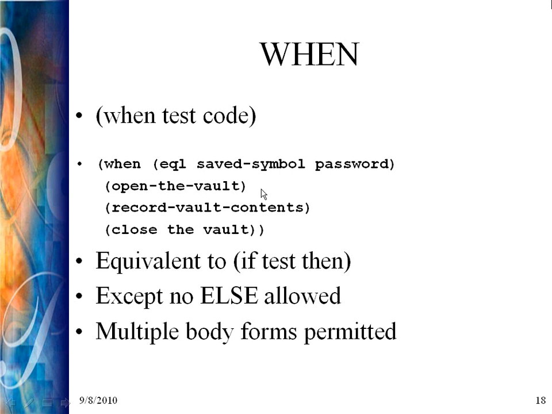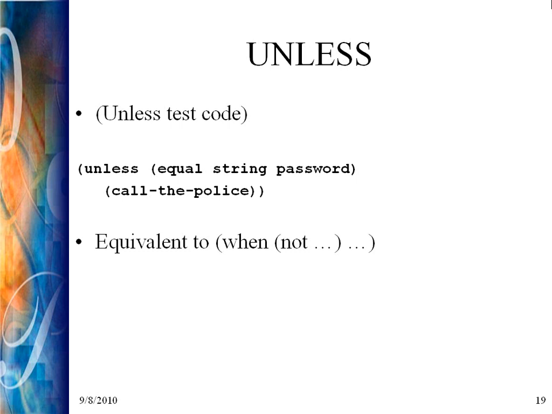All these functions, of course, you have to have defined, just as you have to have given values to those variables, and multiple body forms. So it's actually a macro, and if we macroexpanded it, it would probably look something like if test progn, the various code there. There's also unless, and it does the test and only executes code if the test returns nil. So this is basically a simplified form of if